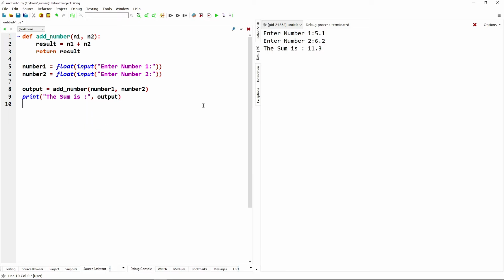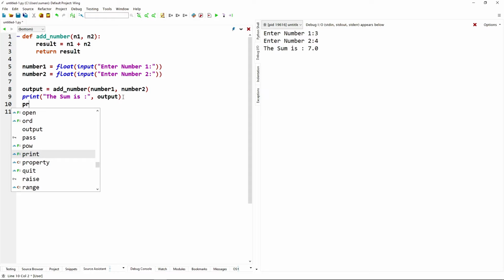Let's check the code. Enter number 1, that is the first one. We are giving 3. Enter number 2, 4. The sum is 7.0. Add another print function here.